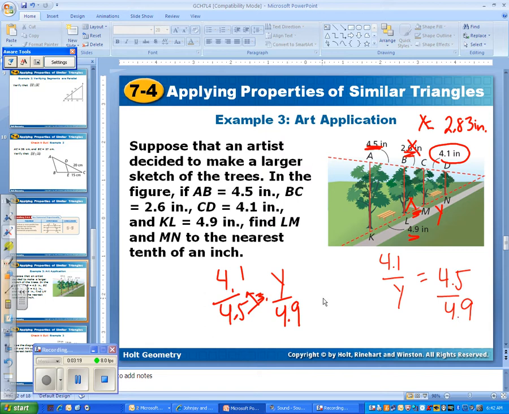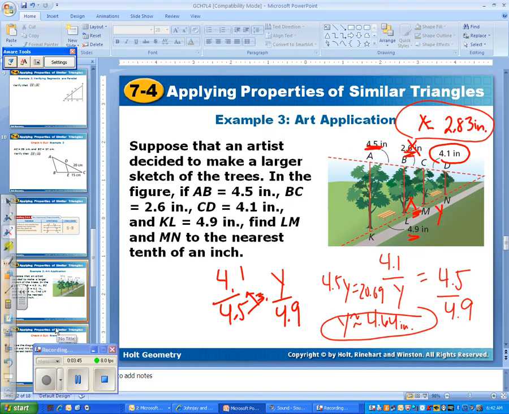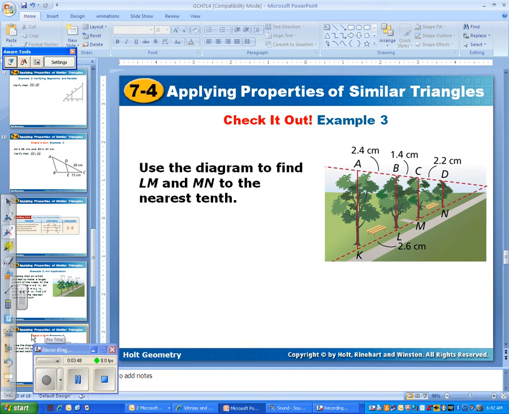Either way, you cross multiply and solve. So 4.1 times 4.9 is 20.9, and then divide by 4.5, and we get y is about 4.64 inches. All right, so when they ask you for two different segments, you have to do proportions twice, and you set it up very, very similar. Okay, that's the transversal